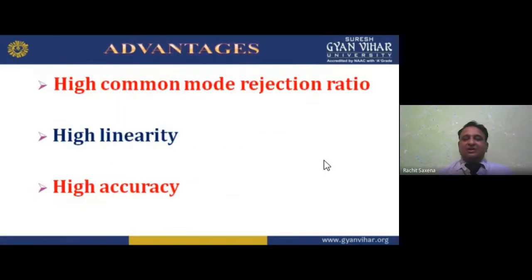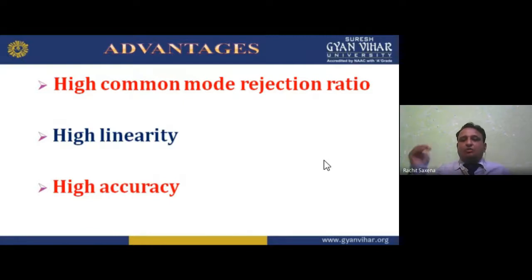Now, advantages, why we are using this: high CMRR, that is common mode rejection ratio. Common mode rejection ratio means if I am working on the same mode, so many signals with the same mode we are having. If we can reject, for example, I am getting 15 signals of the same value, but I have to identify which signal is the most desirable and required. So we have to work for it, and otherwise we have to reject all the common ones.